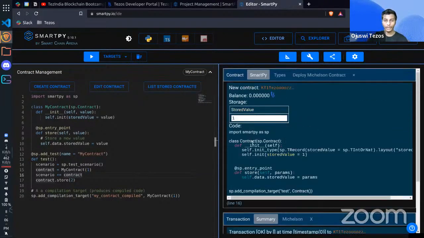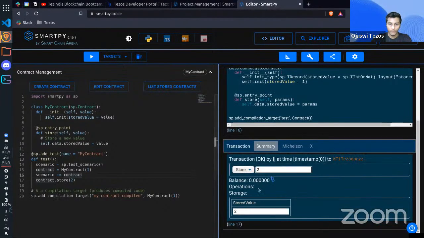and also one more thing, that the balance of the contract was 0, right? I mean, it's just deployed, so the balance of the contract is 0, and here also the balance is 0, and in the storage we already had one state variable, and its value is updated to 2 because that's what we just did in this function. So this is how the basic contracts are built on Tezos,